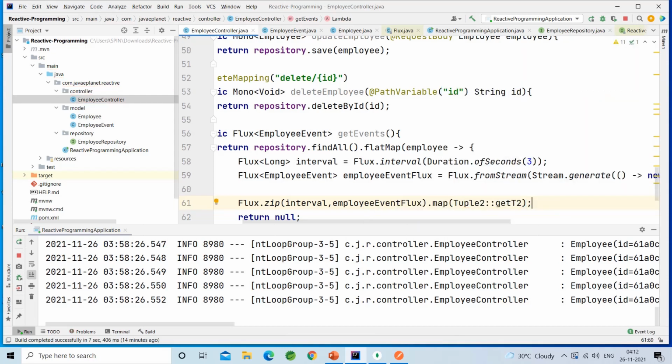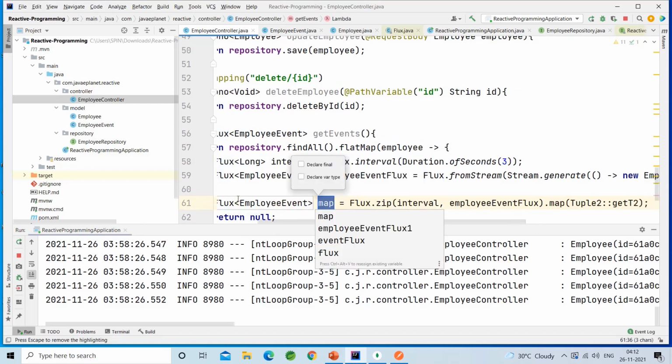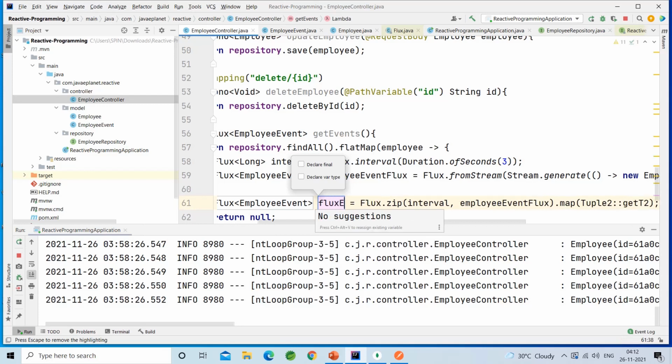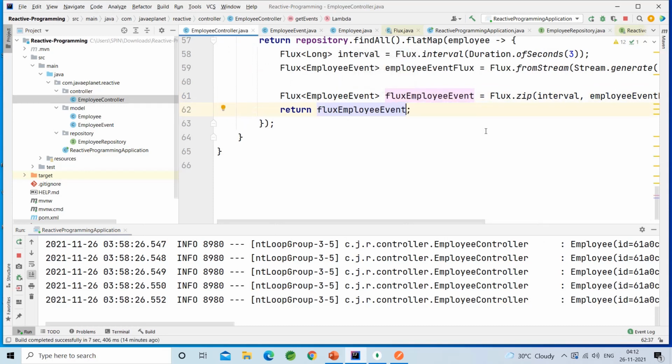That means it will combine everything and produce them and display them on the console. Alt enter, introduce local variable, Flux EmployeeEvent, copy and return it. That's all.